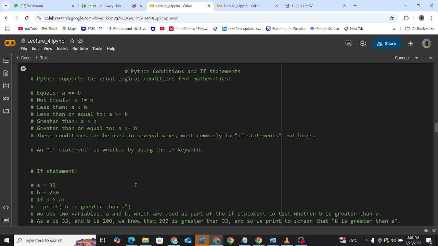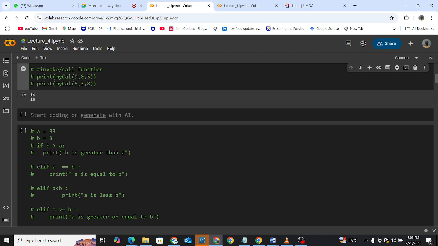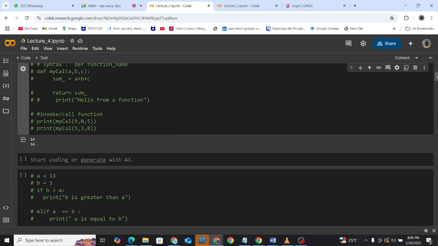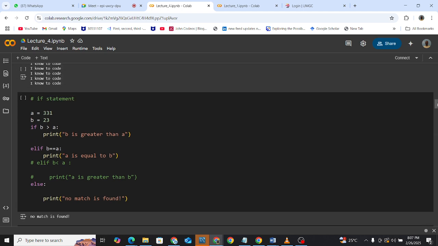So with this, we are going to see how a digital calculator works. You might not have time to create a digital calculator, but we can just check how the if statement works in general. And as I've already said, the if statement is used with logical operators. So you must have a logical operator like greater than, equal to, greater or equal to, so that now you're able to use the if statement. Like for example, here we have A is equals to 331, B is equals to 23. So